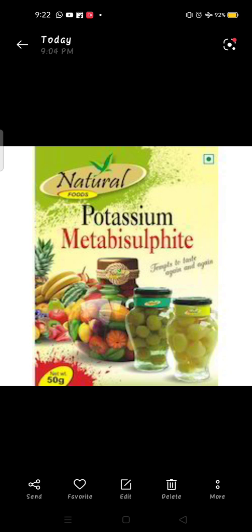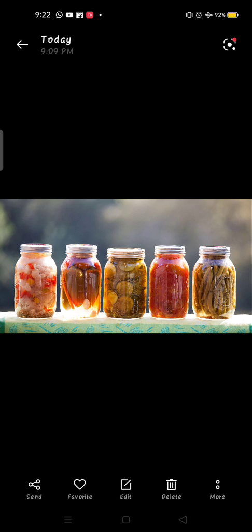Preservation by oil and vinegar. Oil and vinegar prevent the growth of food spoiling microorganisms. Mustard oil and vinegar are widely used as preservatives for fruits and vegetables in the form of pickles. See this picture? Even your mom dipped your pickles in the vinegar, in the oil. Okay? Ask your mom, she will tell you. Meat and fish are also preserved by this method.